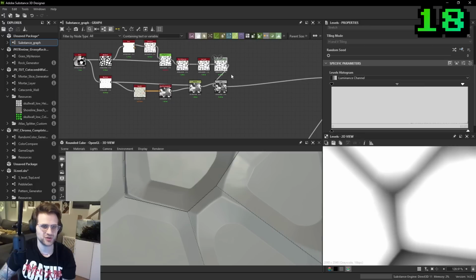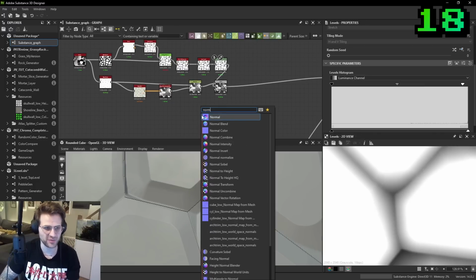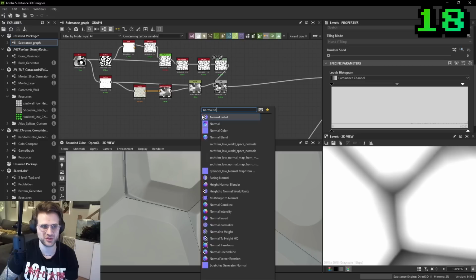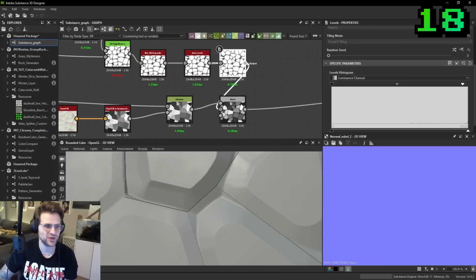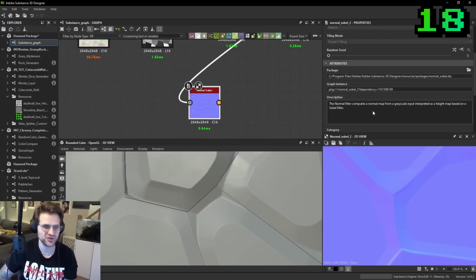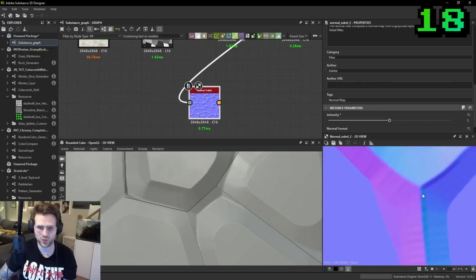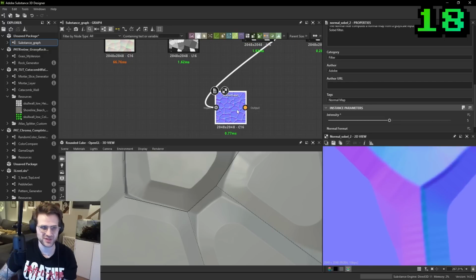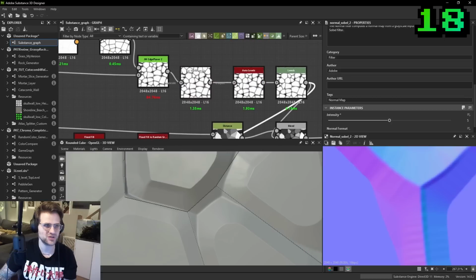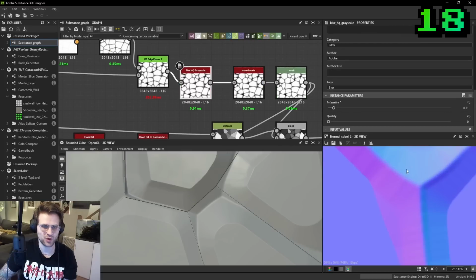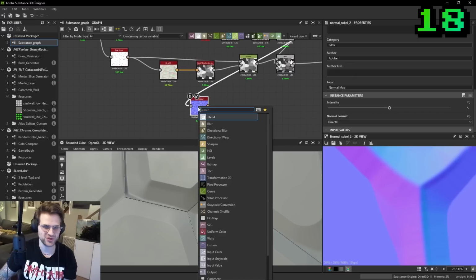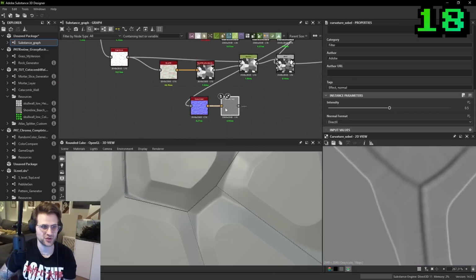And a cool trick you can do here is use normals and curvature to get that mask. In a lot of the Patreon videos and walkthroughs, you've seen me do this a bunch. So what I'll do is just make a normal map first of this texture, because really we just want the crack in between the cells. So if we just make a normal map of our texture first, and then use a curvature,